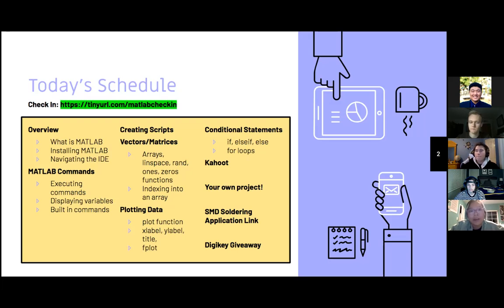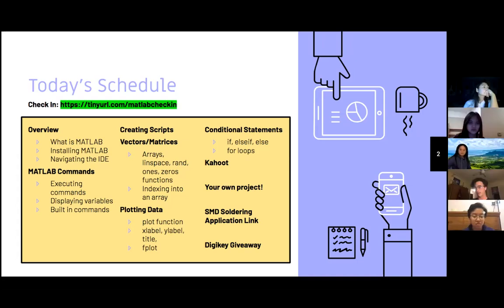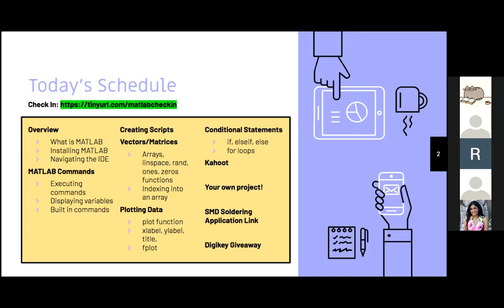Then we'll move on to something a little bit more complicated, combining those commands to create a script, and then looking into vectors slash matrices, such as arrays, and using some built-in functions that will help us with just plotting different things, as well as looking into indexing into arrays, extracting its elements. Then we'll move on to plotting data, creating really nice graphs with our arrays. And then we'll move on to adding more logic to our scripts using if, else if statements and for